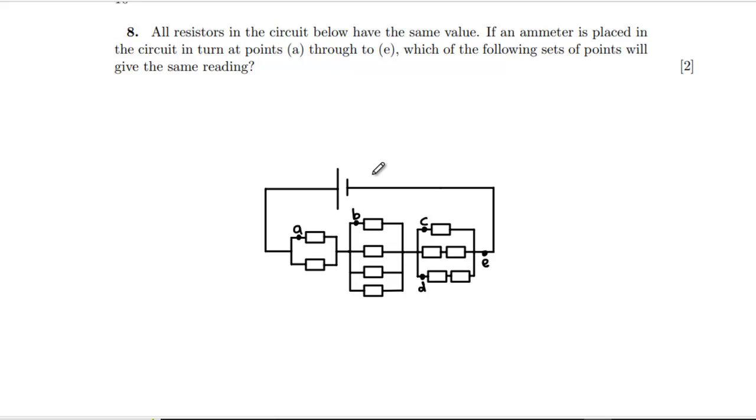All resistors in the circuit below have the same value. If an ammeter is placed in the circuit in turn at points A through to E, which of the following sets of points will give the same reading? Right, so we're going to have to work out how, if our EMF is V, we split this across each branch across here. So it's going to be split in proportion to resistance. All the resistors are the same. So we're going to have a half, a quarter, a quarter, oh, that is also going to be a half